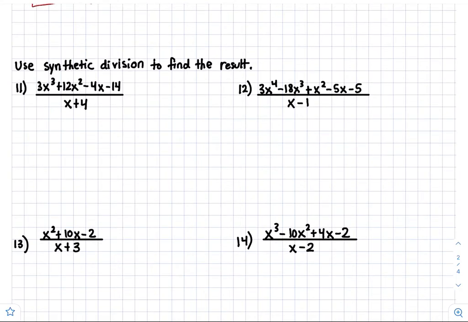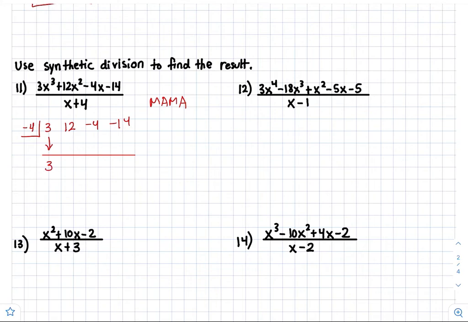Okay, here we have synthetic division. Now, I know it's been a while for some of you guys, but here's some review. So what is dividing, you guys, is x plus 4. So you're going to make that -4 in the box, and then you guys write down all of the coefficients, remember? And this is where you guys do the little trick, right? Multiply, add, multiply, add, multiply, add. So drop the 3 down,